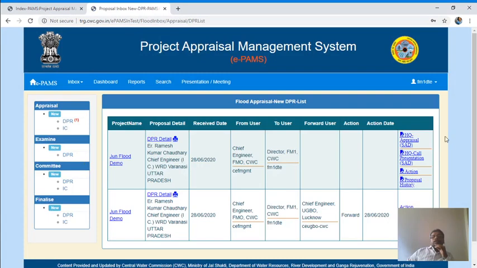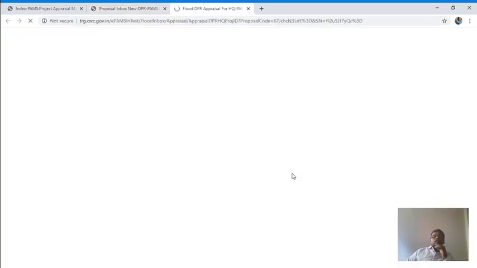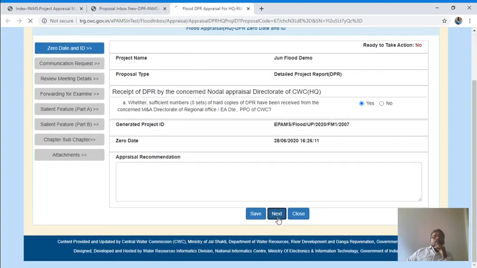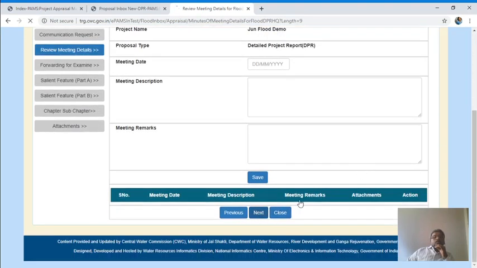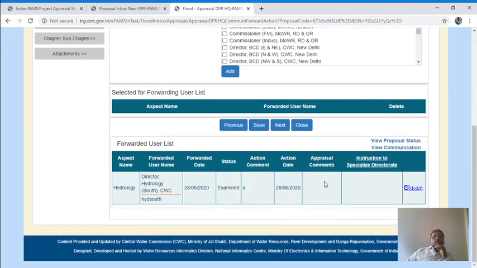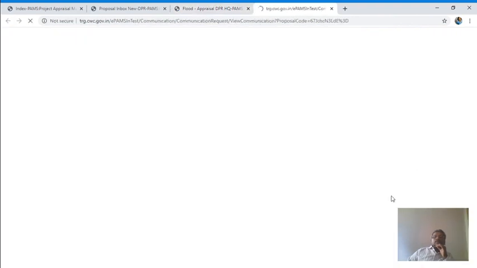This is the June flood, and go to HQ appraisal. Next, now you can see it here, this has been examined. You can see whatever communication is done throughout the system, it is here.